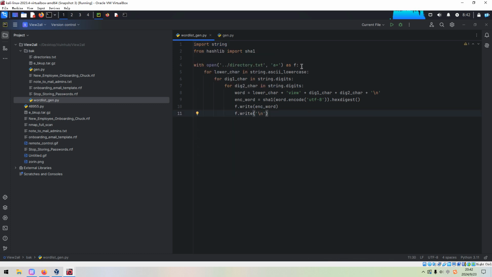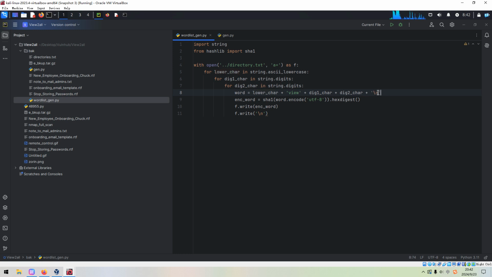Then we set the handler of the file, and this one is for lowercase characters, and the first digit, second digit, and then we combine all of them.